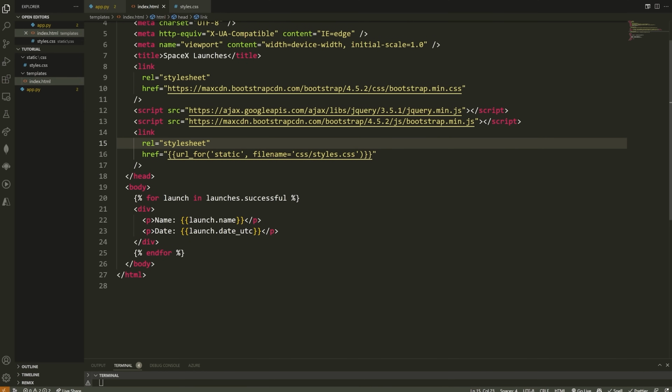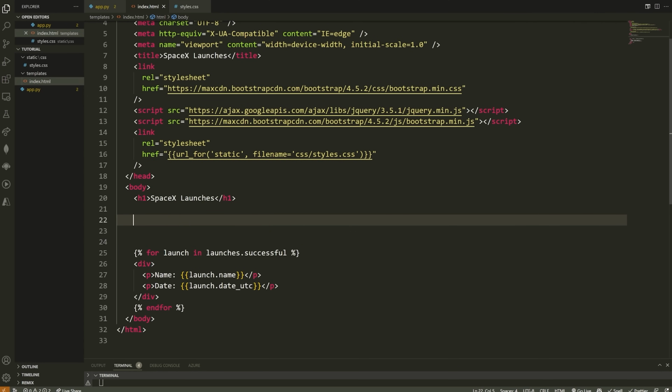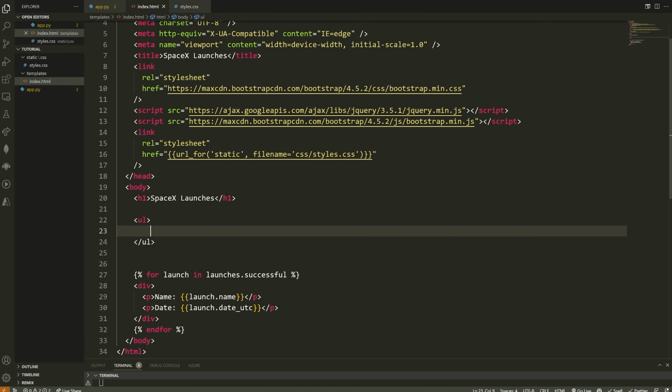All right, so now that we know how to render some of this data, let's actually render it in that kind of tabulated list where we have successful, failed, and upcoming. Now, I'll show you how we can do that using Bootstrap and actually no JavaScript at all. So I'm just going to start here by adding an h1 tag, and I'm just going to put a little title for my website, so SpaceX launch timeline, or I can actually just do launches. That's fine. Then down here, I'm going to create kind of a navigation container. So I'm going to say ul for unordered list.